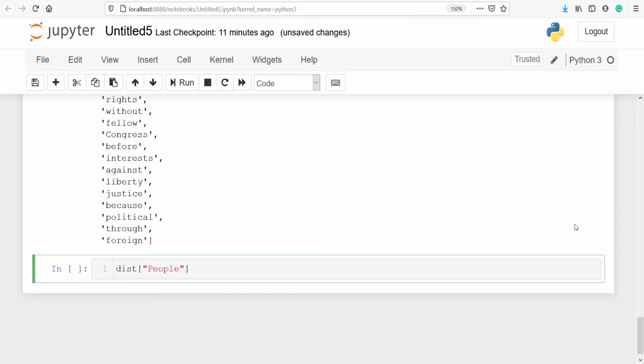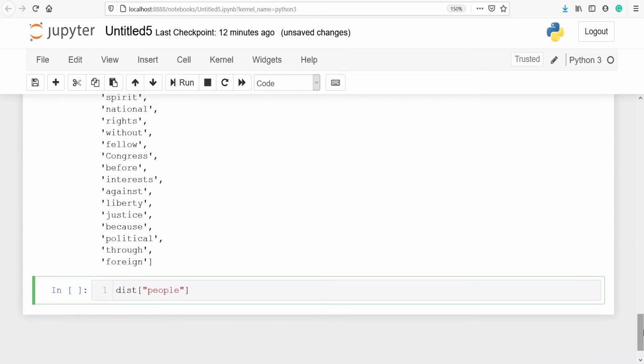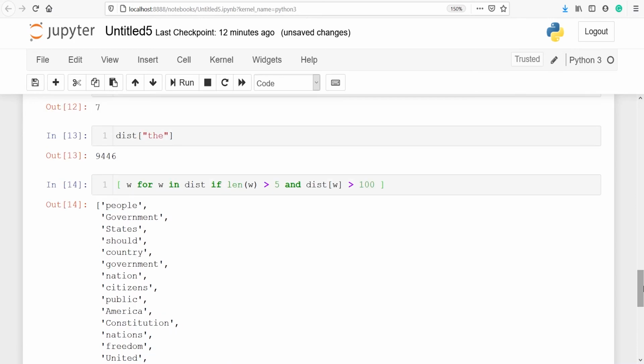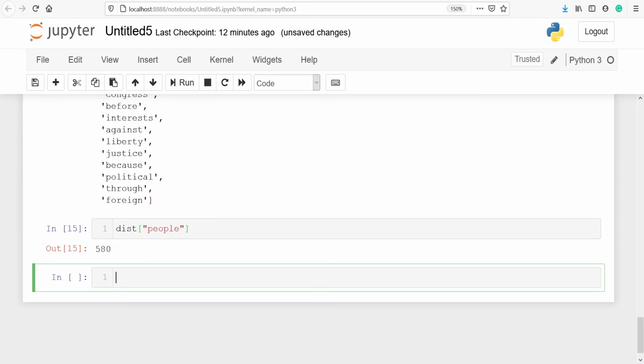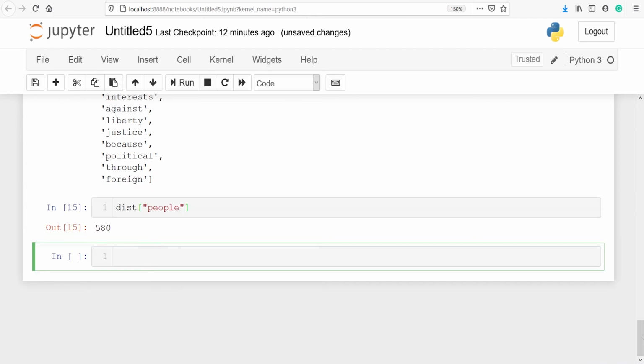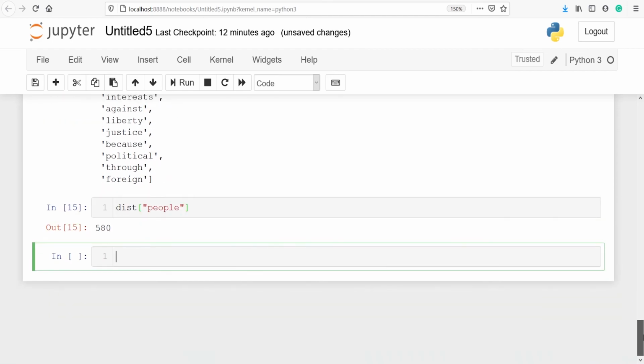You have to make sure that you write in small letter or capital letter, whatever it is there. You can see here people, P is in small letter. I have typed small letter, and in the output we should get the number of times greater than 100. Let's execute our code. In the output you can see that we got 580 here. So it has fulfilled both the conditions. The first condition is the length should be greater than 5 and it should be repeating more than 100 times. Both the conditions are fulfilled, and in the output we got this result people here.